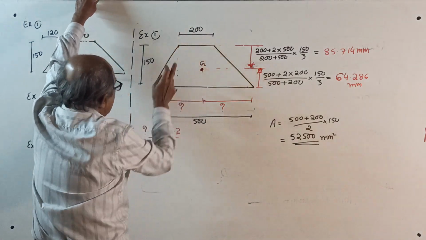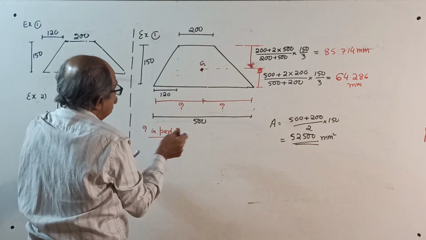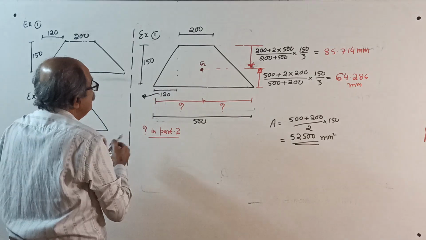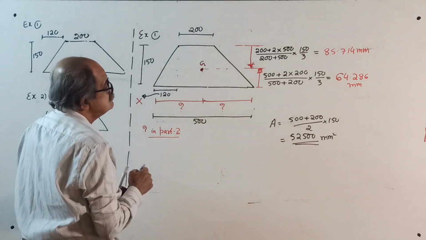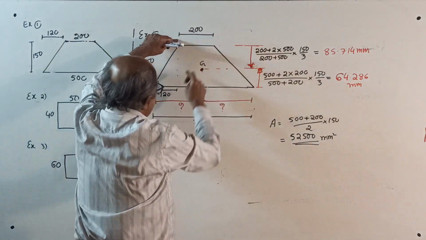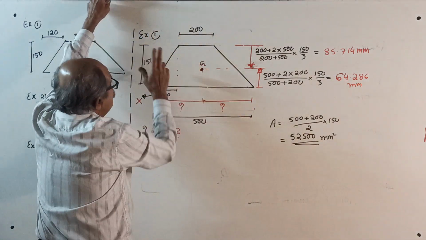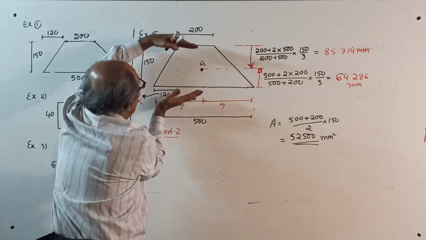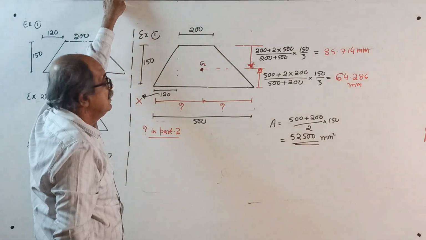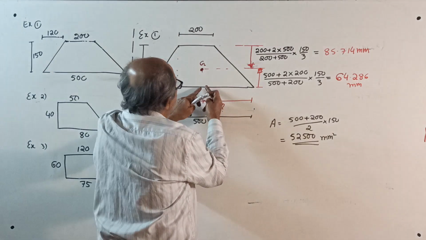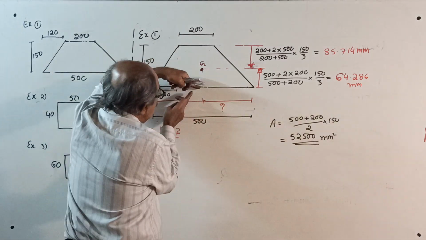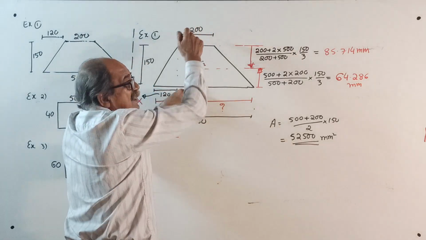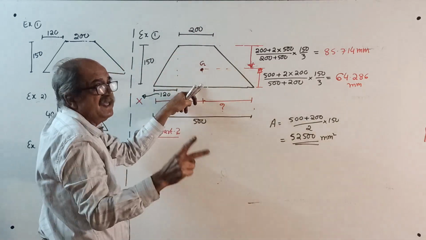A neat sketch, 200, but I wrote that 120. See, for standard expressions today, you make a note here. This 120 is not required. So start, 200, 500, 150. See, these are the two parallel sides. So this way CG, along the height, you can get CG. Yes, centroid G. See, from here if you want, it is (500 plus twice of 200) divided by (500 plus 200), into 150 by 3. I got